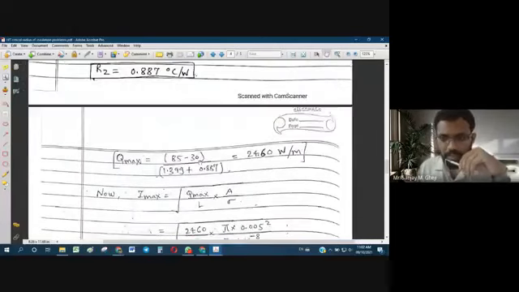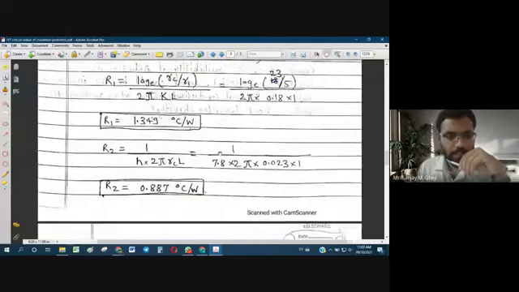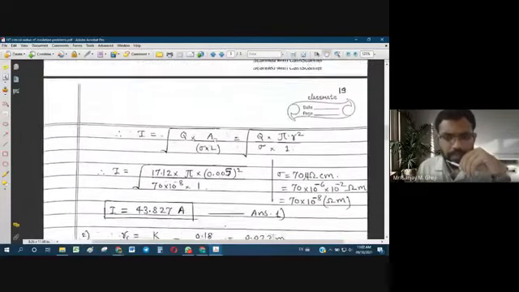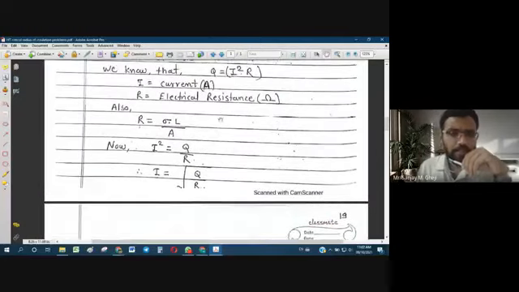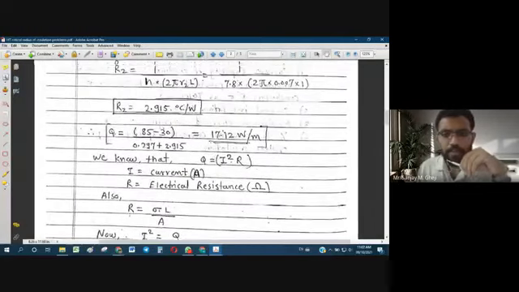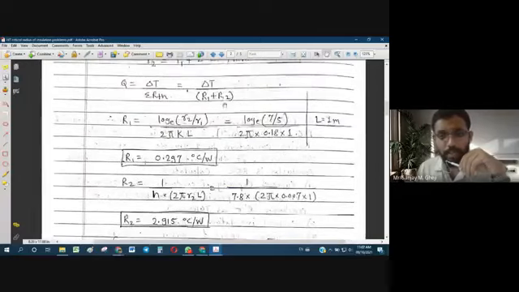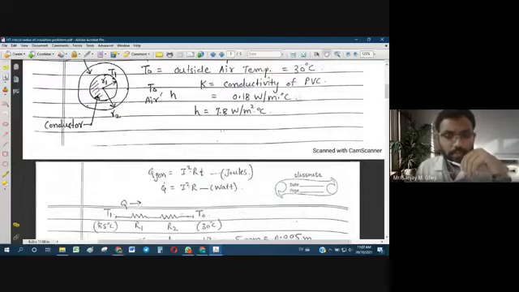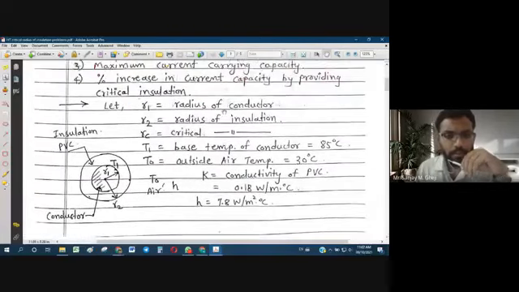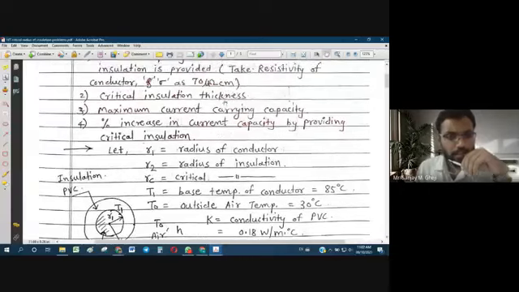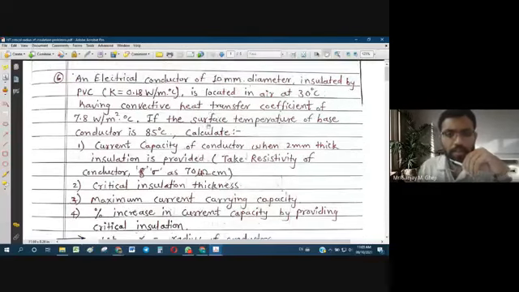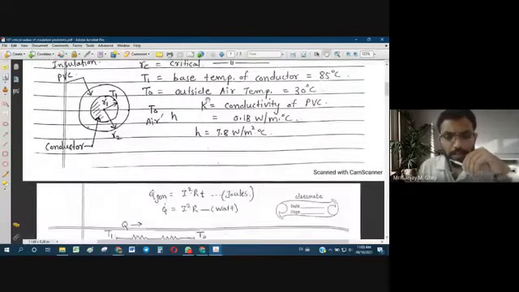So this is quite a large problem. A lot of things we discussed in this, and by this we get the understanding of the significance of this parameter, the critical radius of insulation, and what wonders it can do. What changes occur, and how we can either increase or decrease the rate of heat transfer by just changing the thickness according to the critical radius.